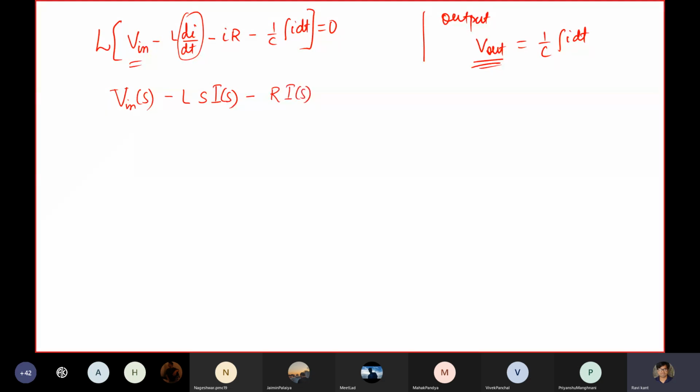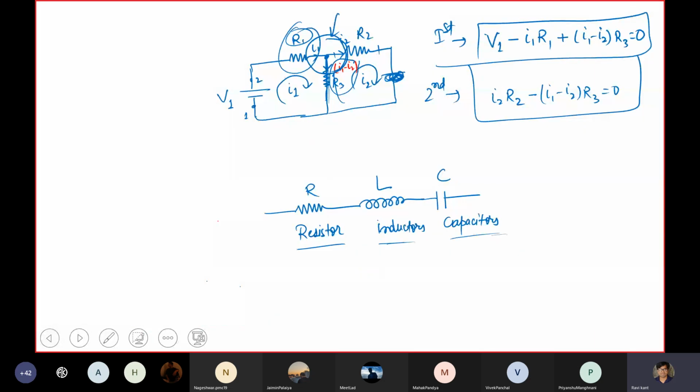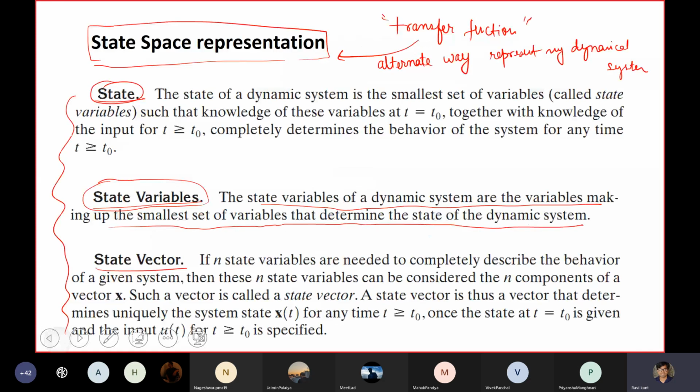So I of t, when transformed, will be written I of s in the Laplace domain. All functions can be invariably written in Laplace transform variables just by putting the operator over here. Minus 1 upon C. So this is the integration thing. We need to go to the appendix section and see what this is, because since the beginning I'm doing this, but I have come across this integration thing for the first time. So let me go back and see what my integration would look like, if at all I have it in the appendix.